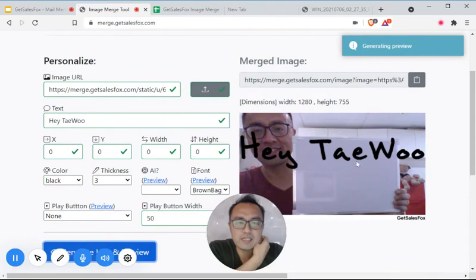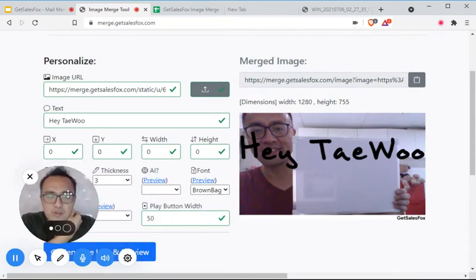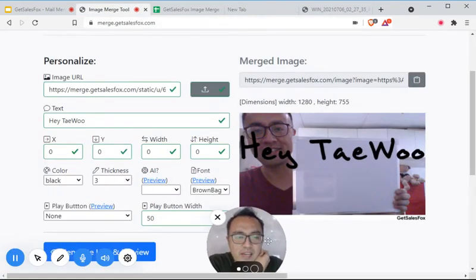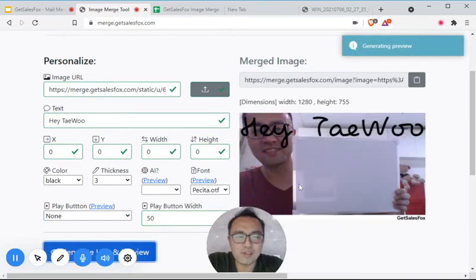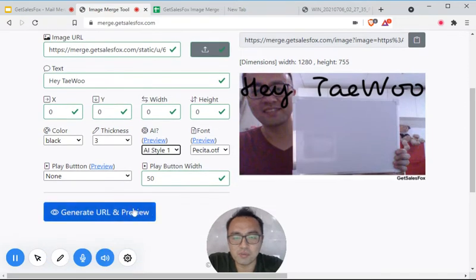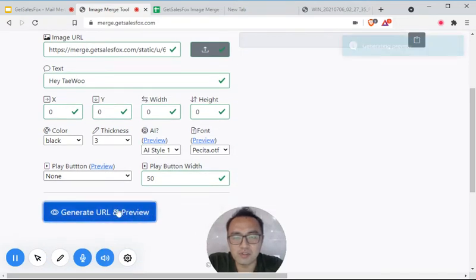What that does is generate this image with my background image, and it wrote the text using handwritten-looking fonts. There are different kinds of fonts you can use. These are the ones we aggregated that seem to have the most human-looking fonts. But we have this cool feature called AI written fonts. If you specify AI style 1, for example, and click on generate view,